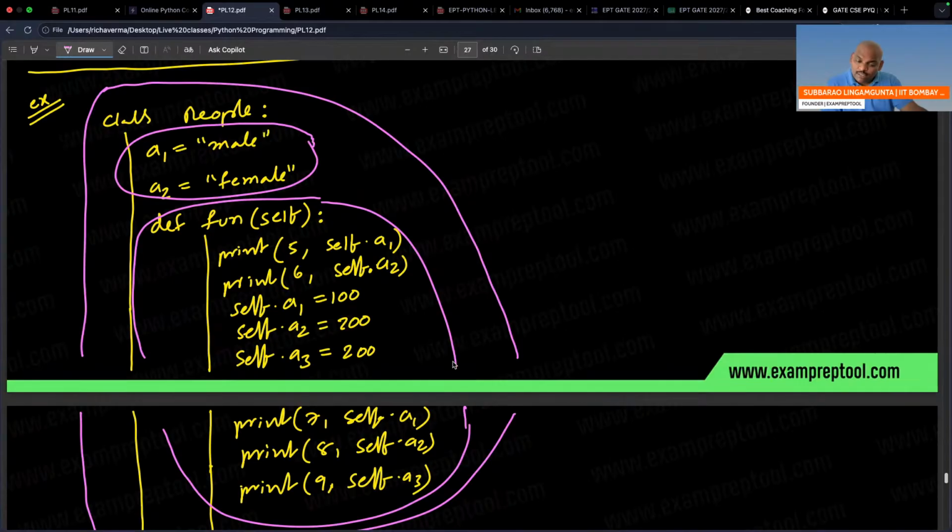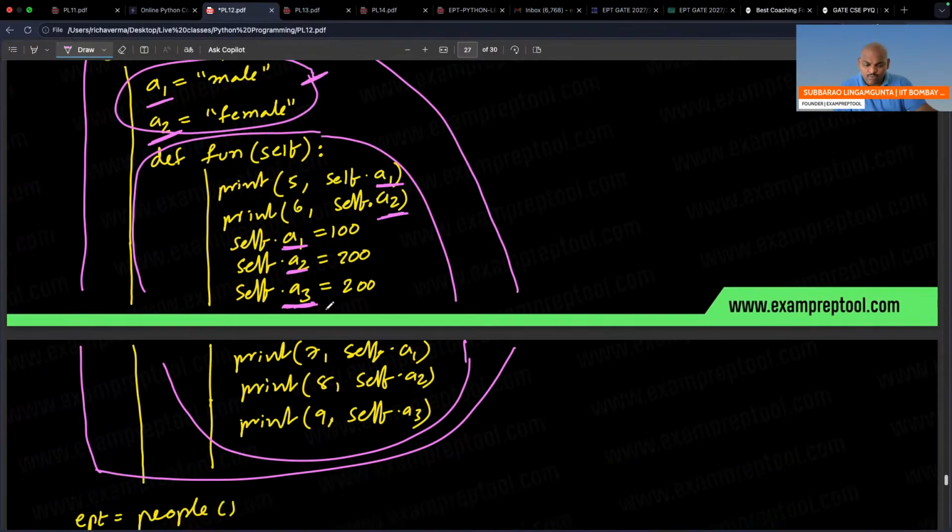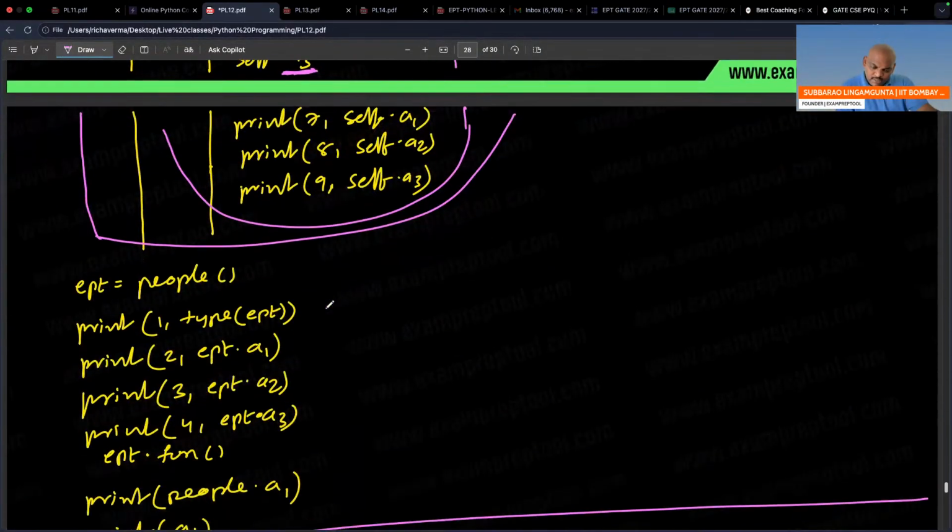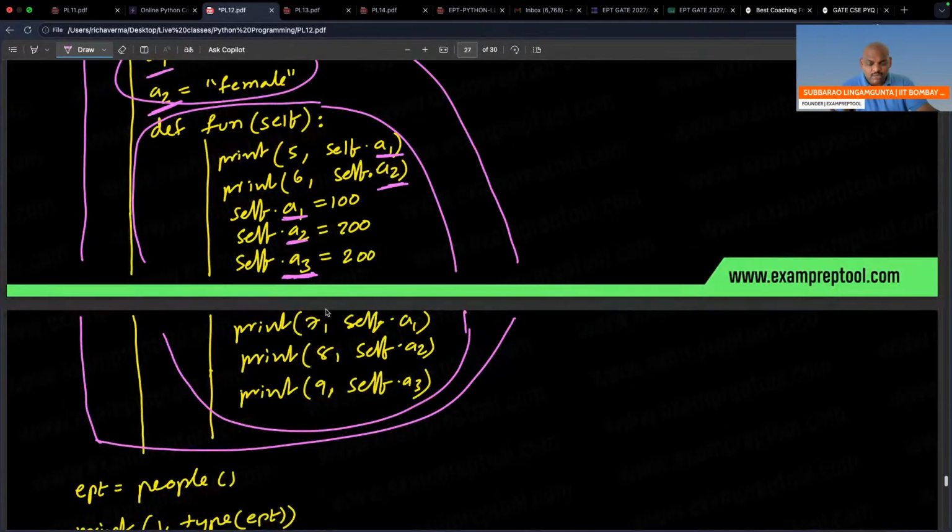And one more thing is that inside this function, you can use these variables. See this, A1, A2 I am using. Inside this class, I am using those variables. And one more thing is there is one local variable also. This function has one local variable, A3. You will get clarity from this particular area. Don't worry. Now let's see this. Don't worry about this function. Let's see what will happen.